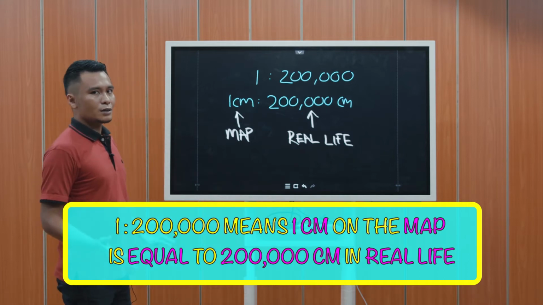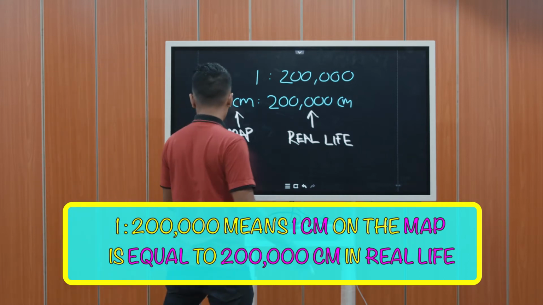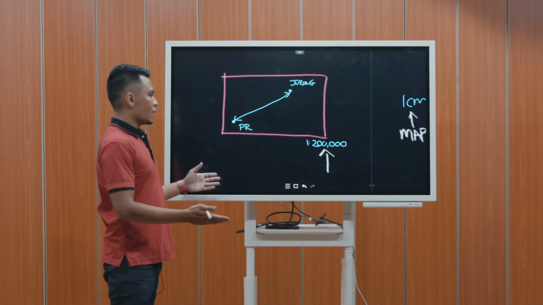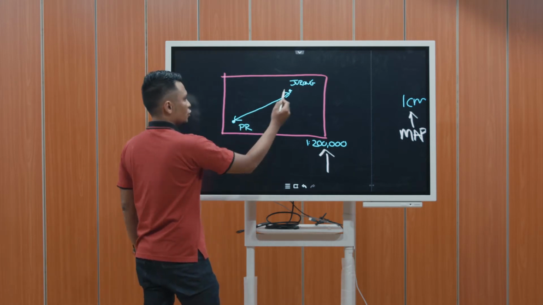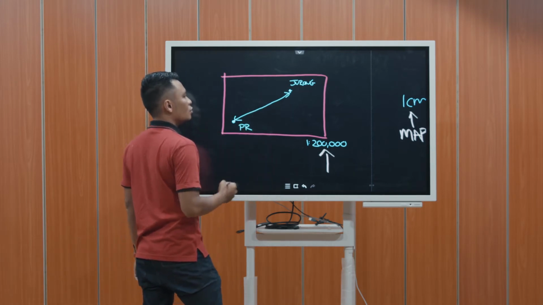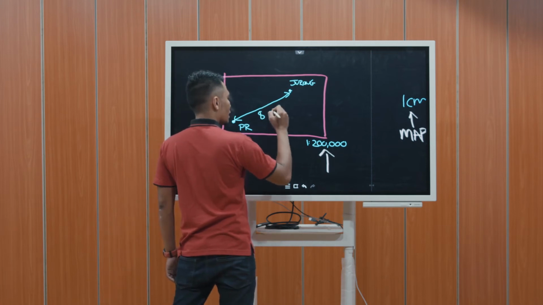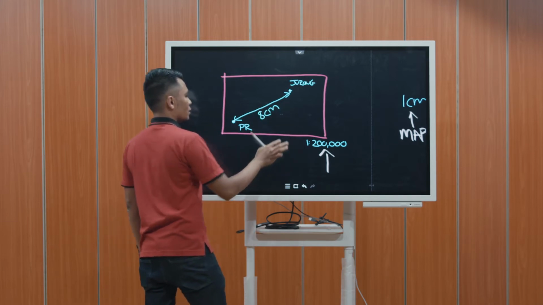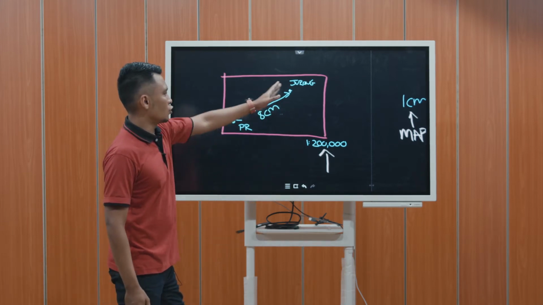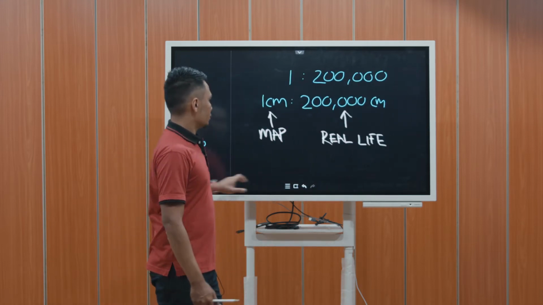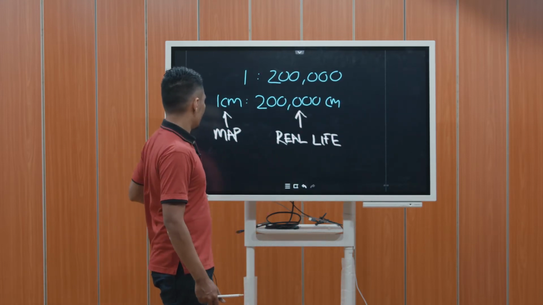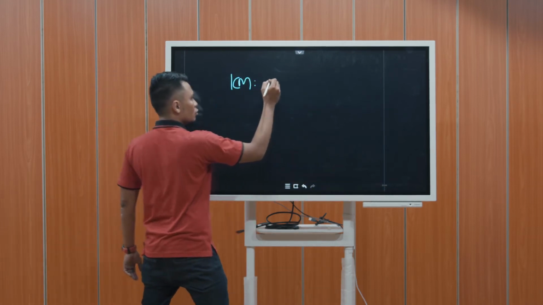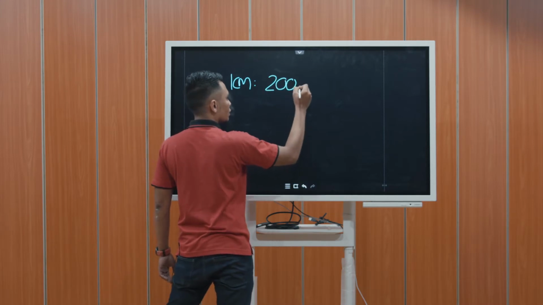Okay, the question we always ask you, find the distance of Pasir Ris to Jurong in real life. Let's say from here to here is about 8 centimeter. So what is the distance of Pasir Ris to Jurong in real life? Okay, 1 centimeter is to 200,000